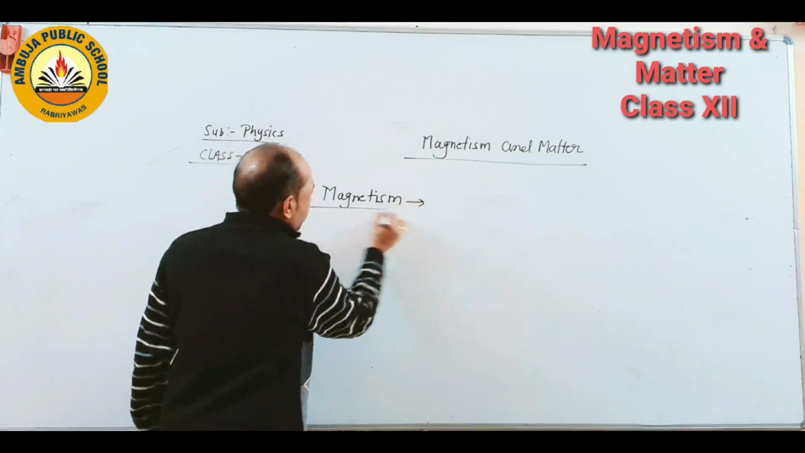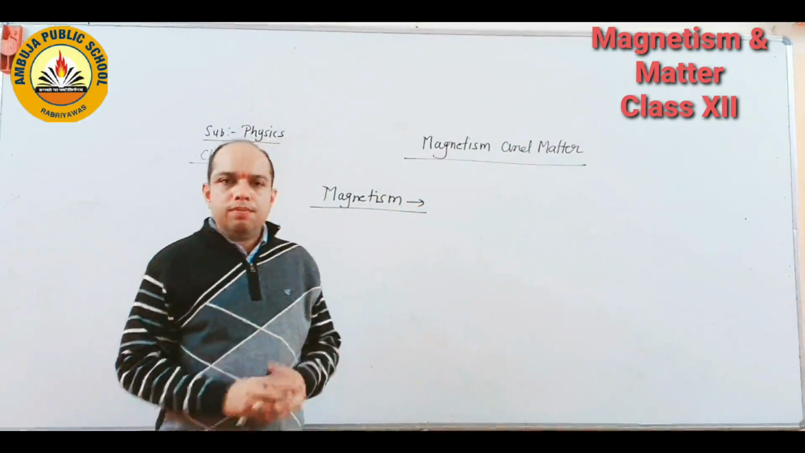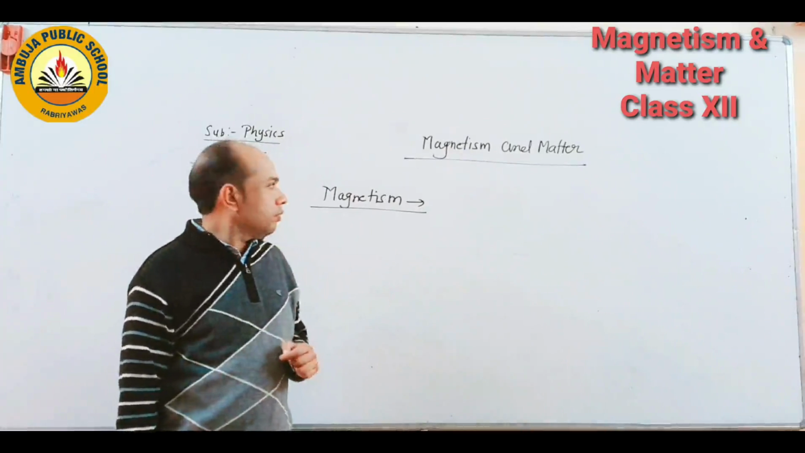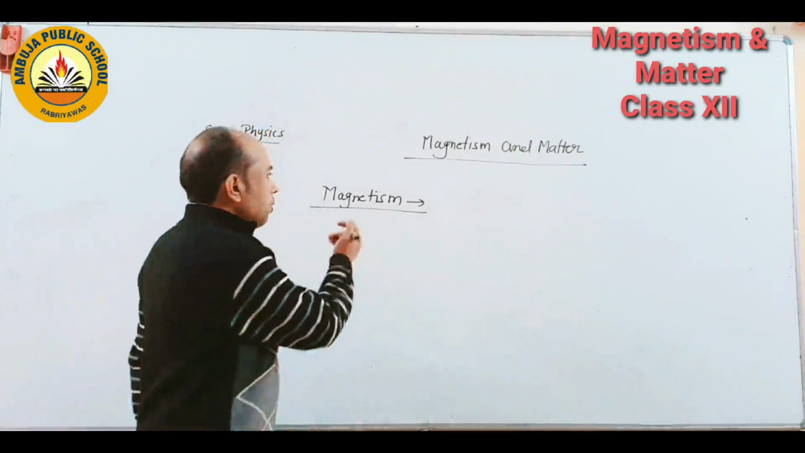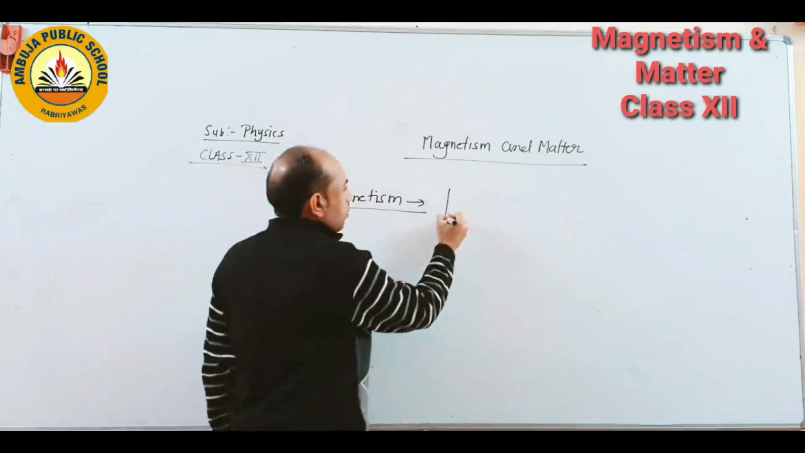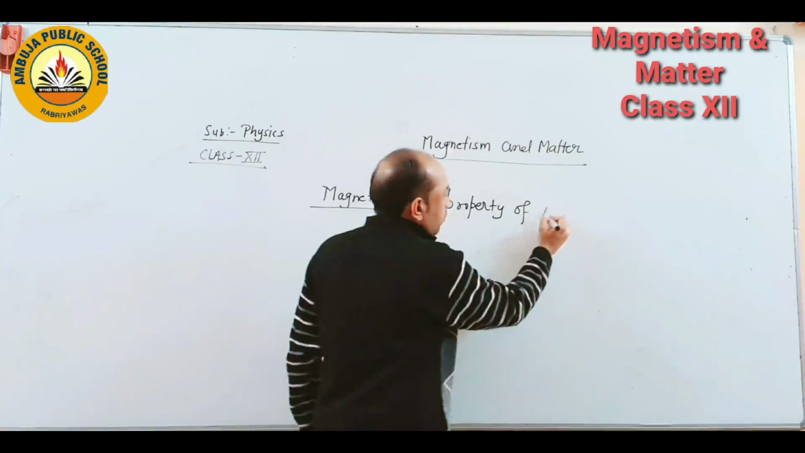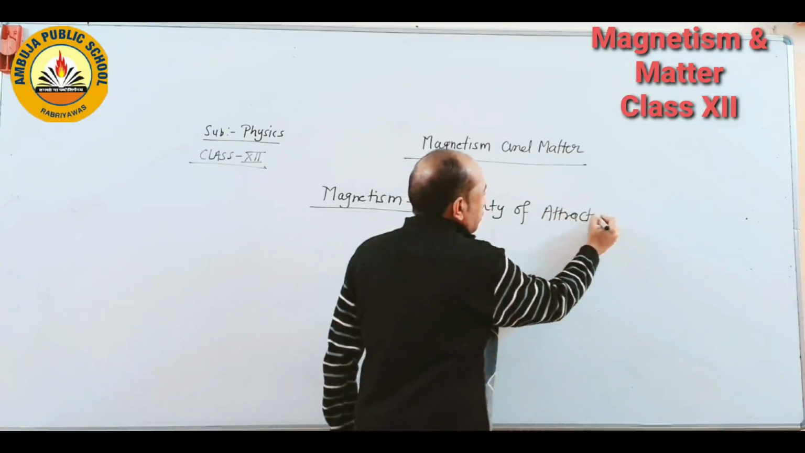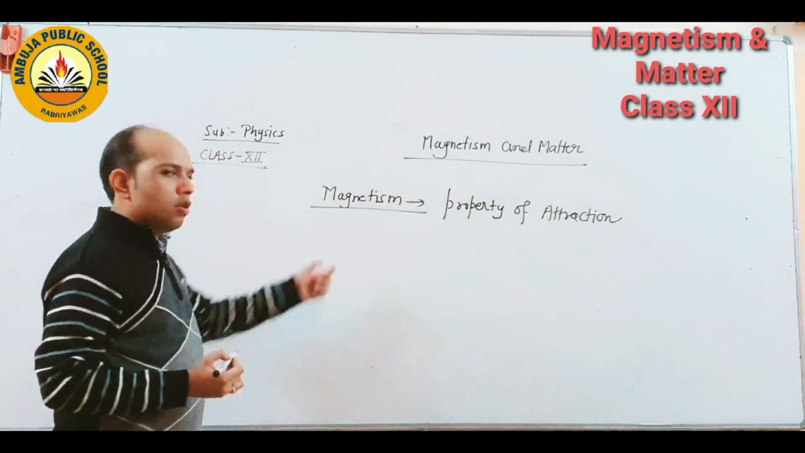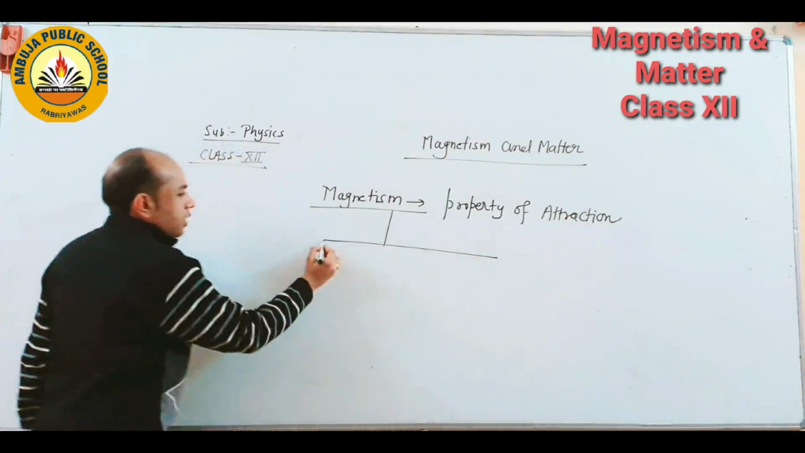In the magnetism part, as I already told you, magnetism means the property of attracting iron or iron-like substances. So the property of attraction of iron or iron-like substances is called magnetism. If we define the magnet, a magnet is classified broadly into two parts: